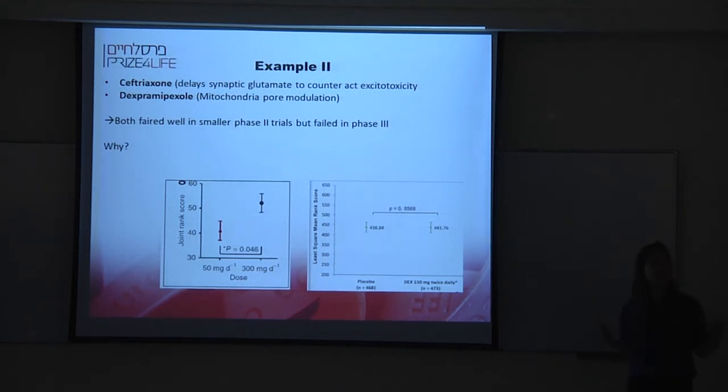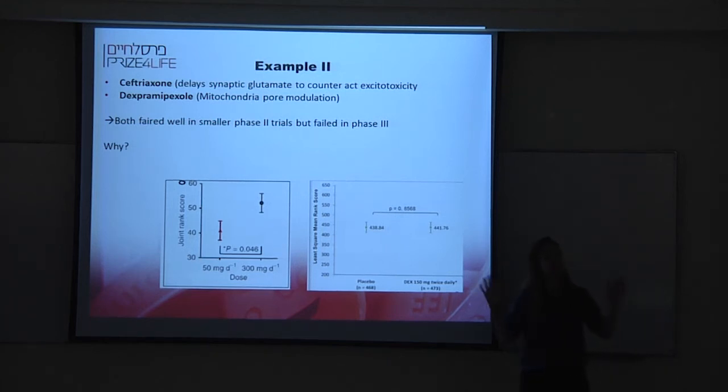Phase 2 is focused on the efficacy of the drug, so the ability to actually have an impact on the disease, but it's a small trial. The idea is that you take a small number of patients and you show some efficacy, and if you are able to show some efficacy, you progress to the last phase, phase 3, which is like the full-scale study. So it's large, it usually has hundreds or even thousands of patients, and the results on these patients are what will determine that the drug will actually get approved and make it to patients.